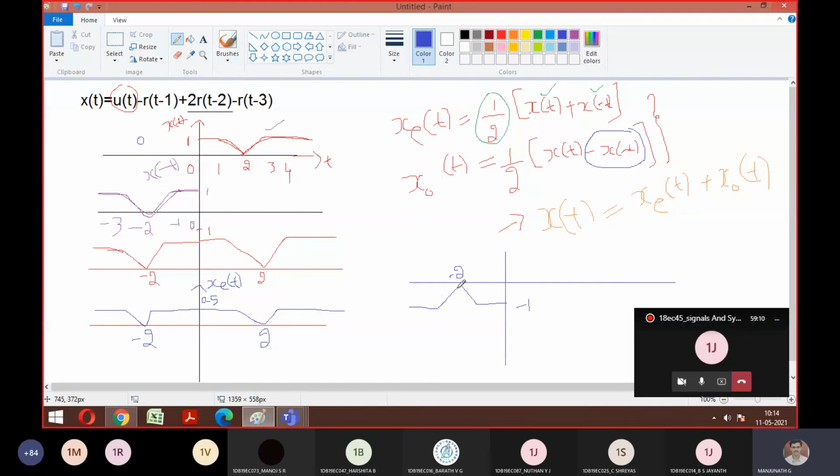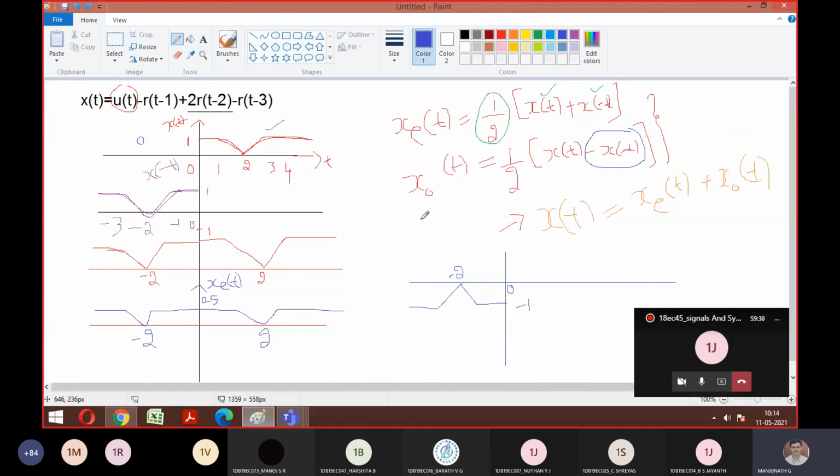So just check what is going to happen at 0 now. At 0, this is having 1 and this is also having 1. So what does it mean? At 0, do you have any signal from here to here? Do you have any signal here? No, right? So it means it is retaining its same position.